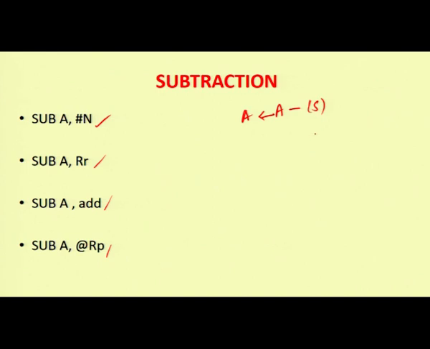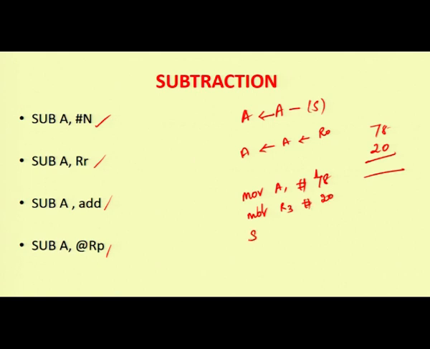So, suppose I have data from R0, meaning the R0 data is subtracted from the accumulator and the result is stored in the accumulator. Suppose you want to do the subtraction 78 minus 20. How do we write the program? One of the data should be loaded in the accumulator, and the other data you can use as immediate access, or you can move it into any one of the registers,